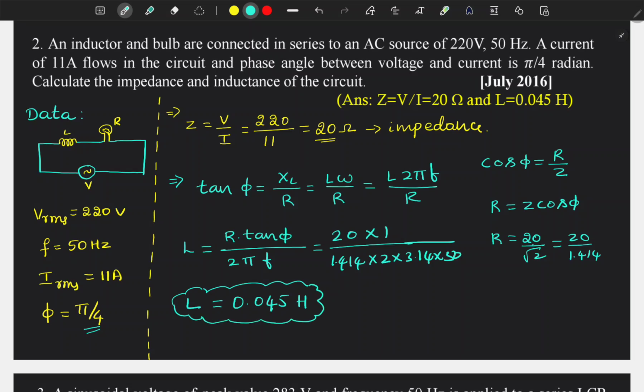Therefore inductance is 0.045 Henry and impedance Z is equal to 20 ohms. So these are the values we had to calculate, which is expected in the question paper. So we'll move on to the next question,